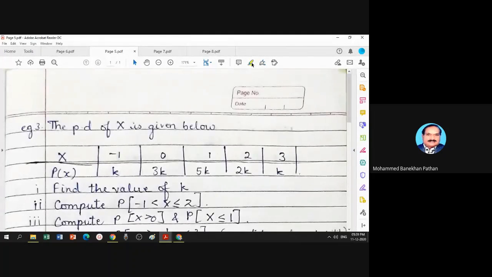Last lecture, we have seen two problems to get the probability distribution of a given random experiment. Number one example, tossing of a coin 3 times. Find the probability distribution of number of heads. Number of heads, or sometimes number of tails may be asked. And we got the answer,